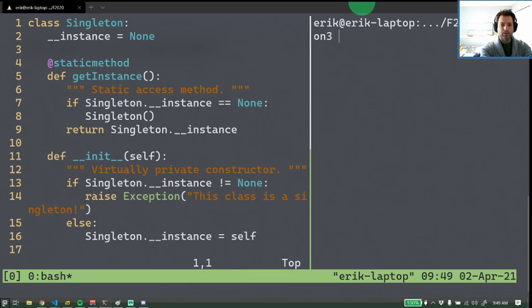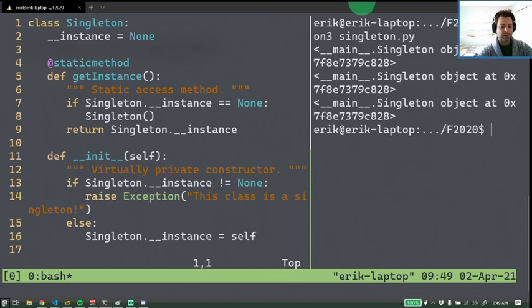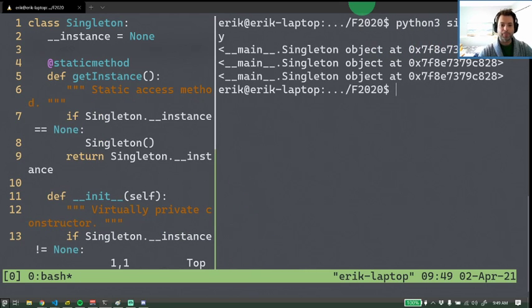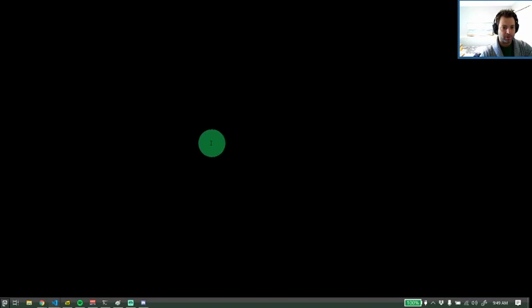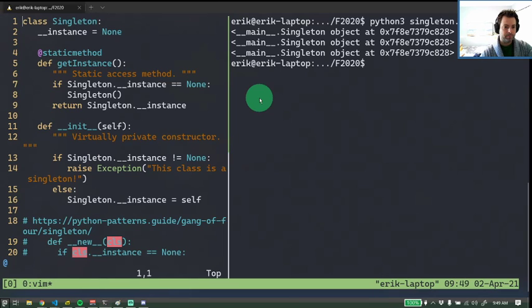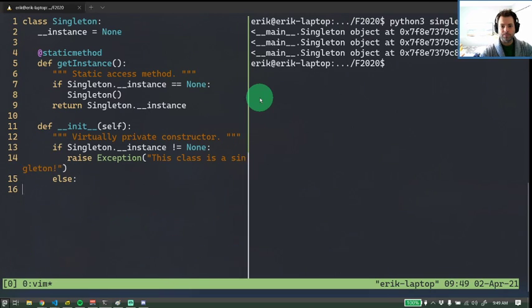All right, so Python singleton. Actually, now we can't see anything. All right, there we go. So what I'm doing here, and let me really quickly change my font size to, let's go 18. It's a little bit better.